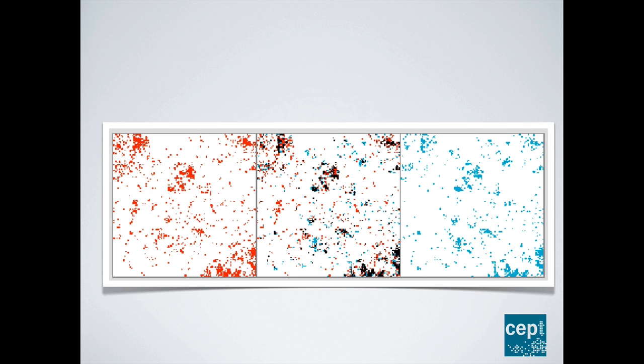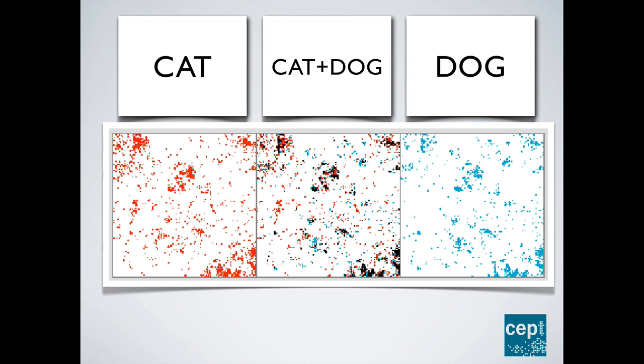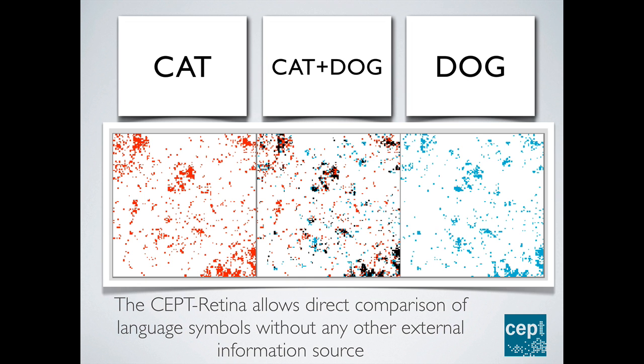The CEPT-Retina transforms the symbol for cat into its semantic fingerprint shown here in red. The same for dog, shown in blue. In the middle, you can see both fingerprints in an overlay, showing common points rendered in black. They correspond to the semantic intersection. Distance measures can easily be computed for any sets of words, allowing us to express their semantic relatedness in a numerical